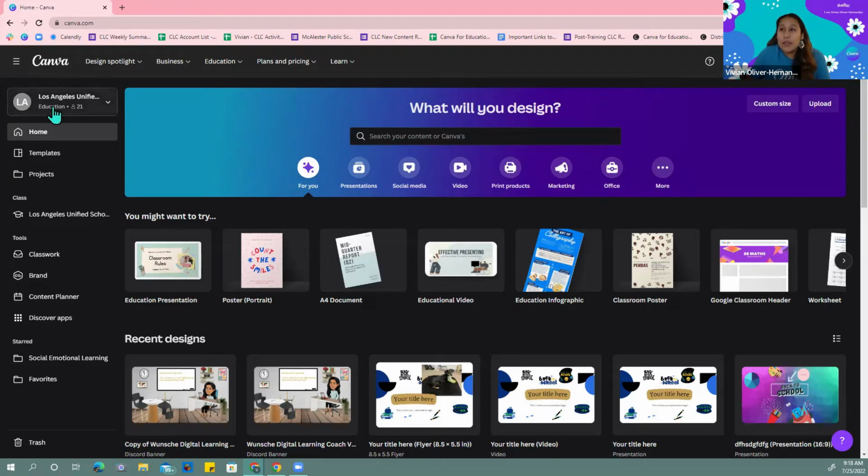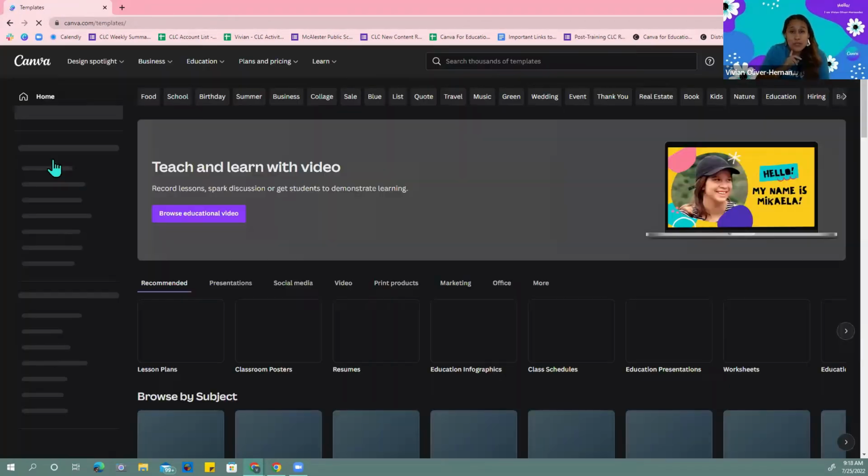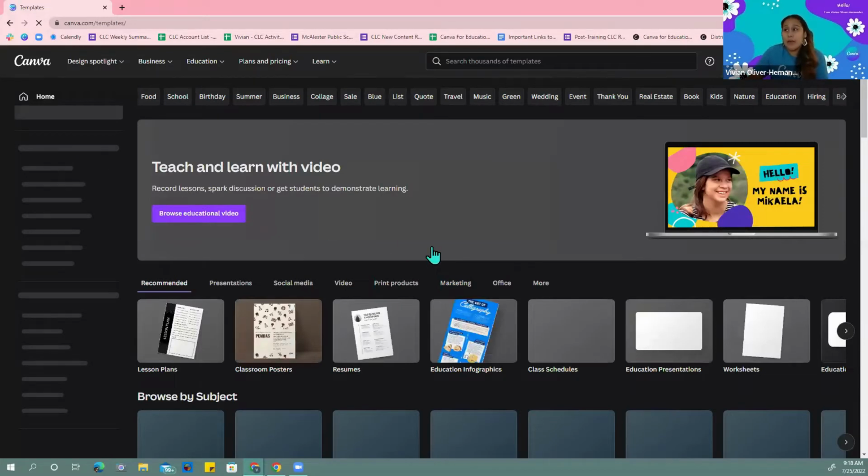Then I'm going to look at this left-hand side toolbar area that basically gives me a whole lot of things I can click. To find templates, I'm simply going to click on templates on the left. Okay, so once I click on that, I'm going to be taken to the whole entire section of Canva for Education. So I'm going to go ahead and open it. And then once it loads, like I said, you'll see the entire Canva for Education platform area of what they have